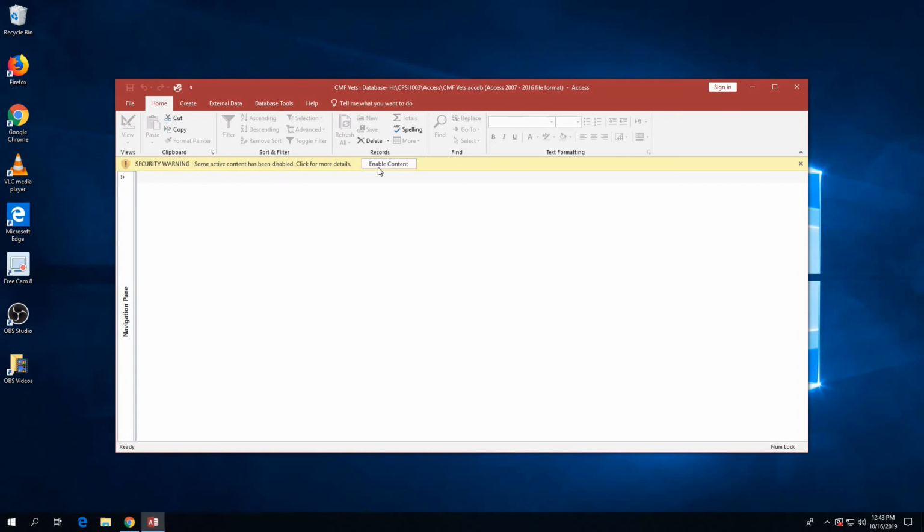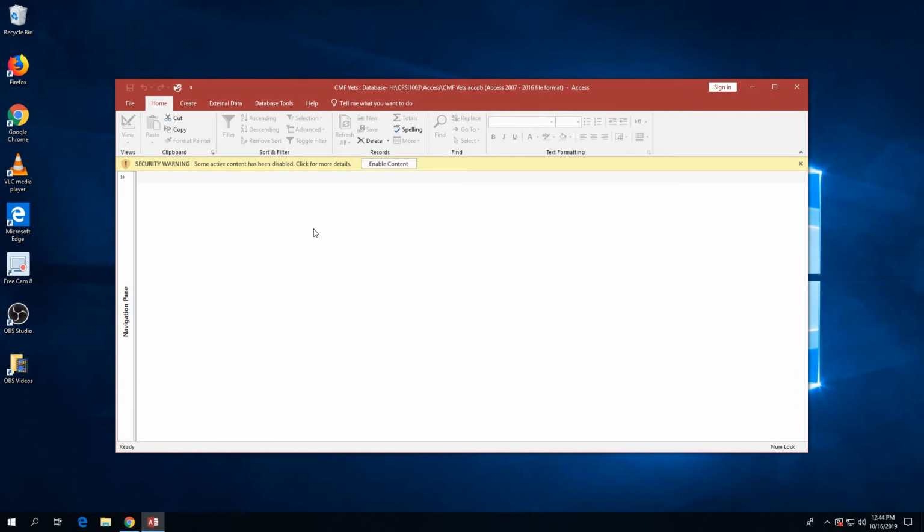This little yellow bar right below the ribbon. And that is the kind of special thing that's part of Access that's not part of the other programs that we've learned this semester. Because Access is the program that a lot of businesses use to store all of their critical data for their business, such as employee data and inventory data and sales data and customer data, all of the critical data for its business,